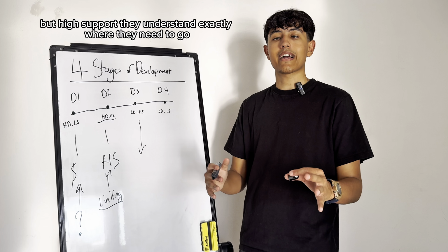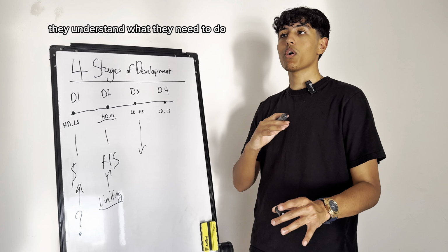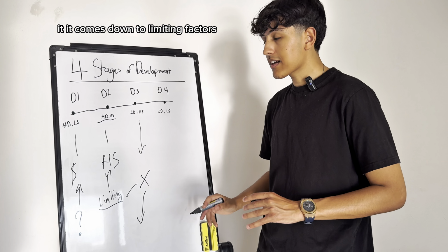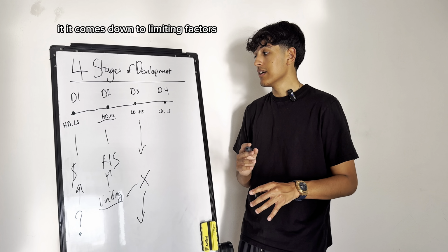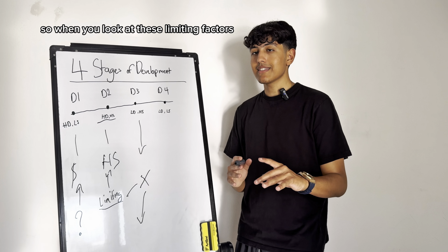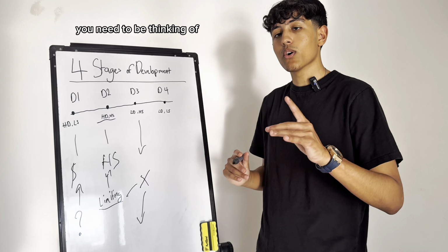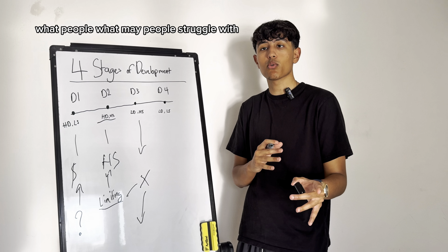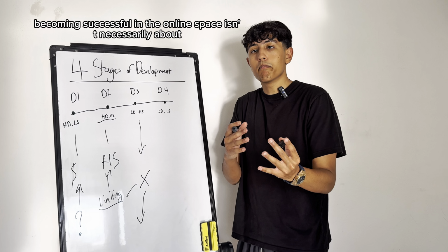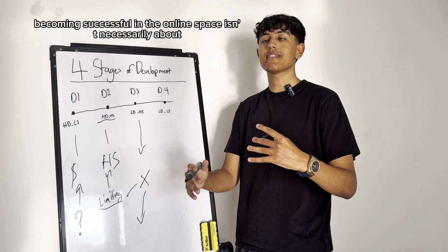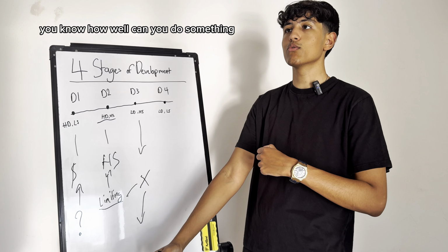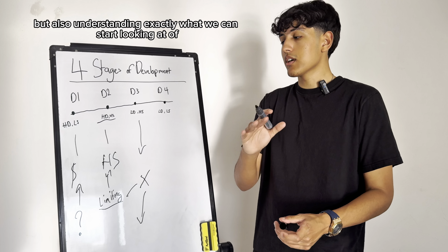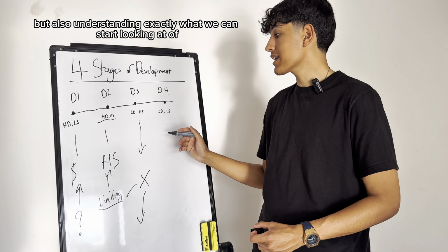They understand exactly where they need to go. They understand what they need to do. They have broken this limiting belief. However, it comes down to limiting factors. So when you look at these limiting factors, you need to be thinking of, what personally have I experienced within my business? What may people struggle with? And we know becoming successful in the online space isn't necessarily about, how well can you do something? Speed is time and time is speed, but also understanding exactly what we can start looking at of,